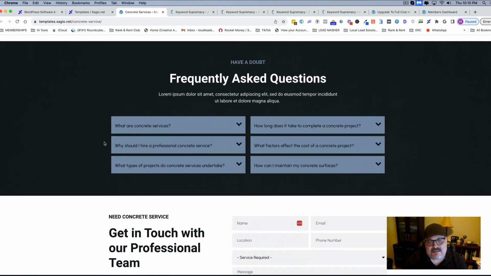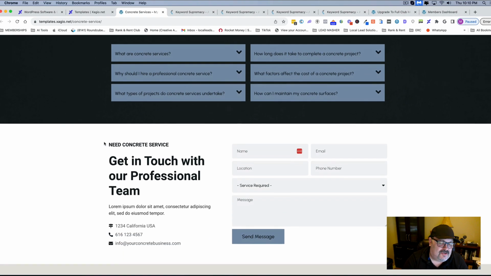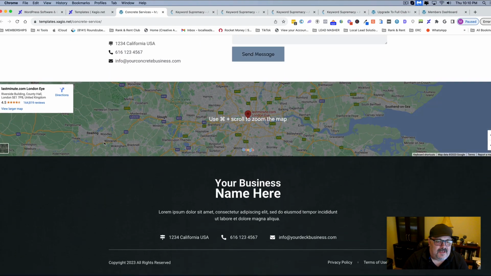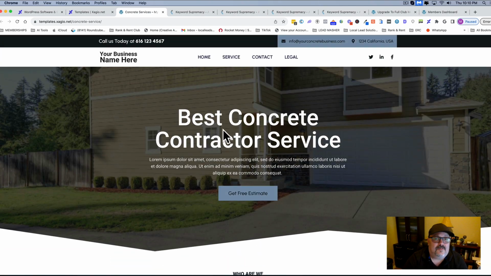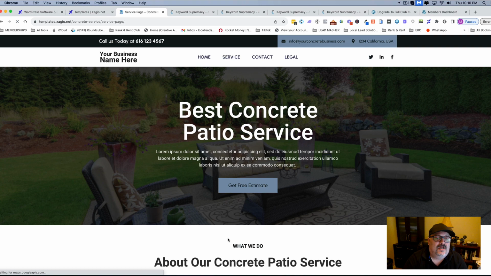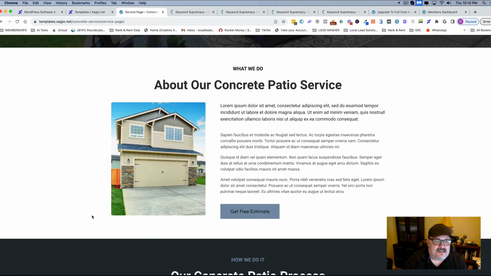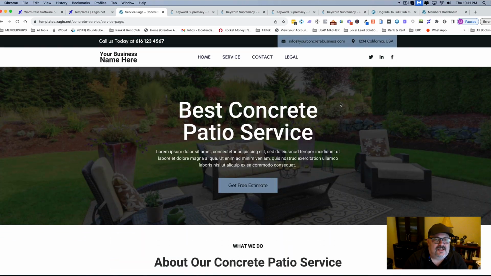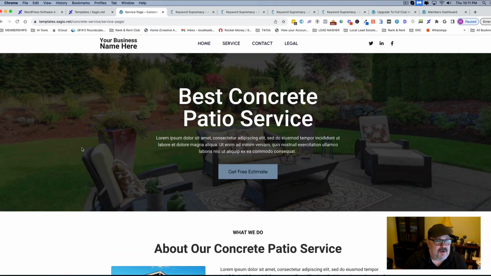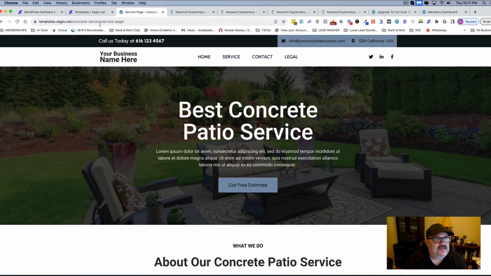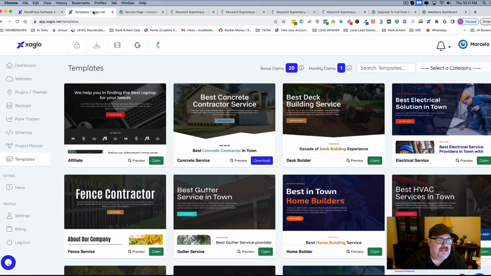And like I said, these are basically built for rank and rent sites, service industry jobs. Herc, the main guy who runs this, is a really good SEO guy, so these are built for SEO. You get a service page, and then nice clean sites, super fast, the whole deal. You just duplicate this page, and then you build out other pages. It comes with a legal page and a contact page, so you have these 4 main pages here. And that's all you need for a rank and rent site, or a really basic local site. That is really really nice.